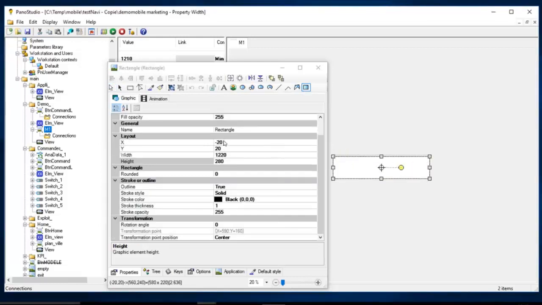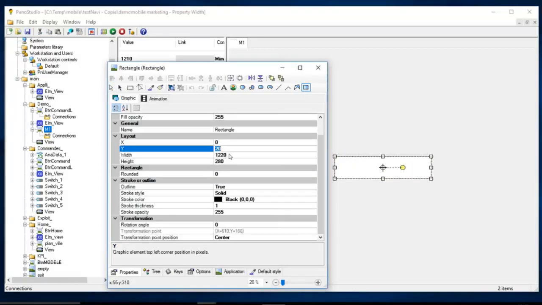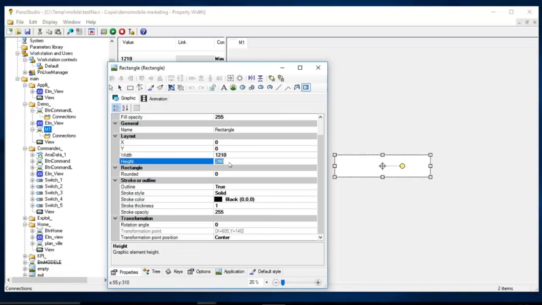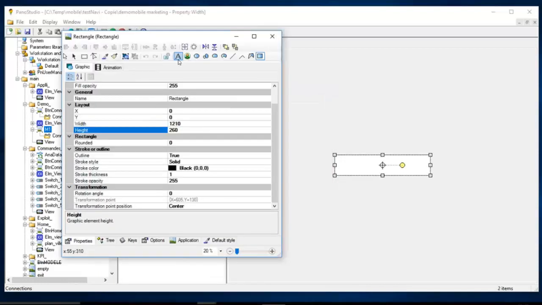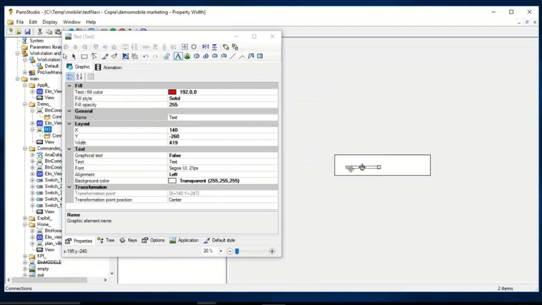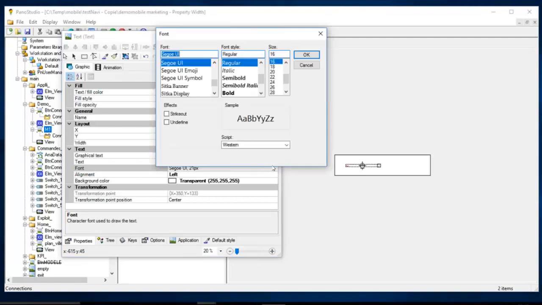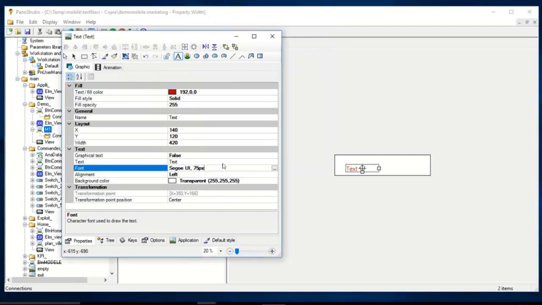I set the background to 0 coordinates. And I set the text. Why not this one? It's a big text. I need to set it up to 56. This is the text.